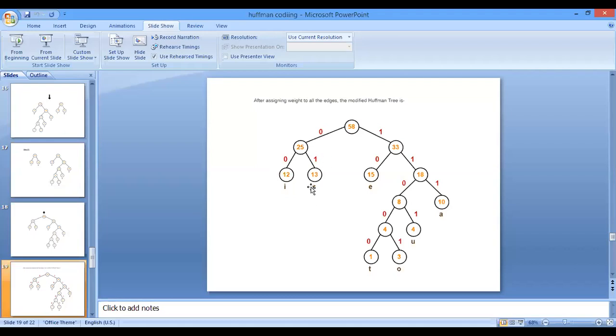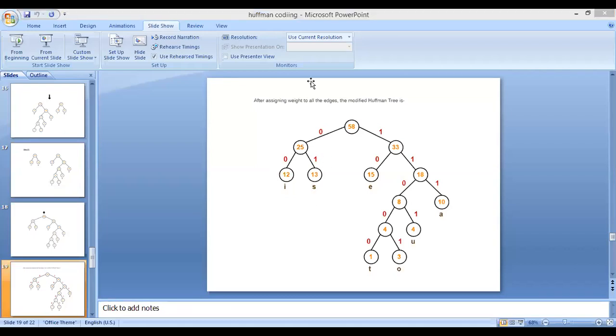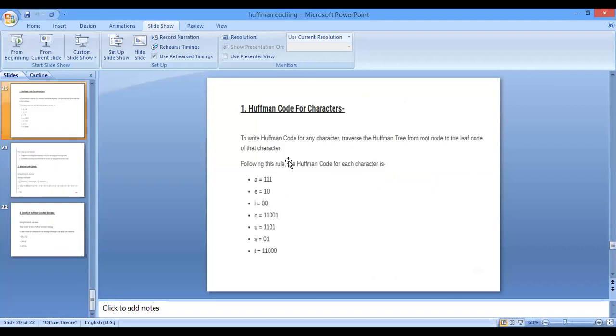Same way for each and every character we will find the bits. That is what we have seen in the last lecture. So this is what you have found out, the bits that are going to represent each and every character.